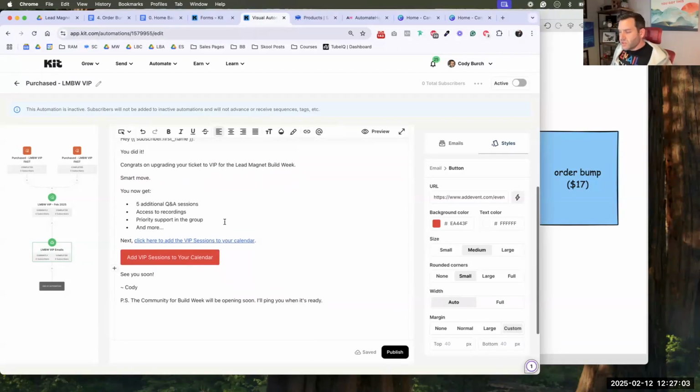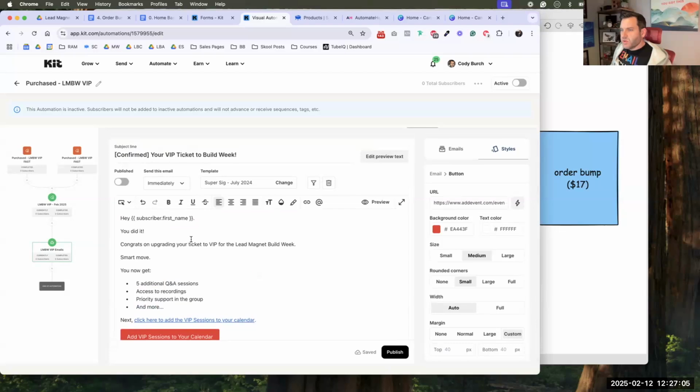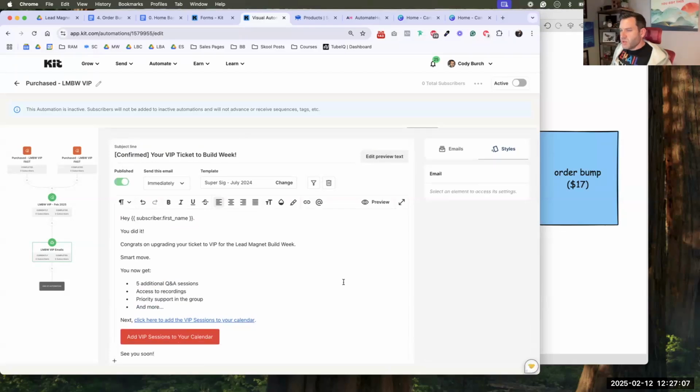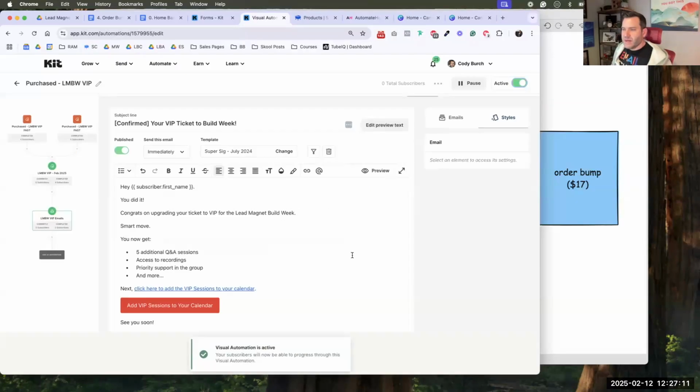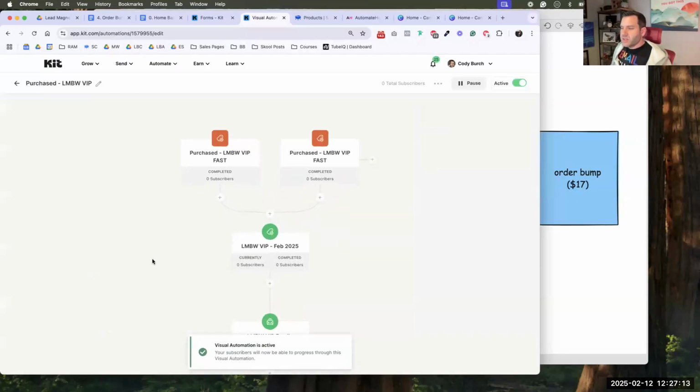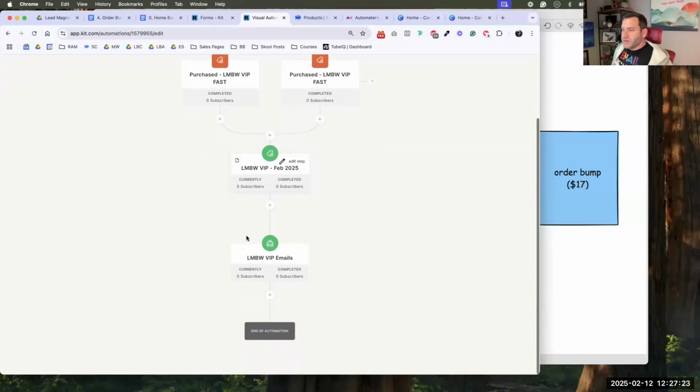I think that's it. So this is good enough for me. I'm gonna hit publish, publish, publish, active, publish, go. Let's do it. Activate. So that's all this does. If a tag gets applied, which will be applied through SamCart, whether they bought the fast acting product or the normal product, it'll apply a singular tag saying they're VIP for this event, and they'll get that email. And that's it. And the email has the link that they need to do next, which is go subscribe to